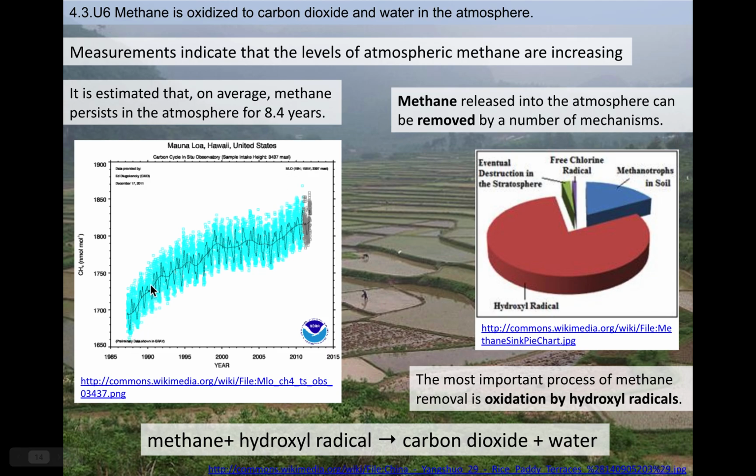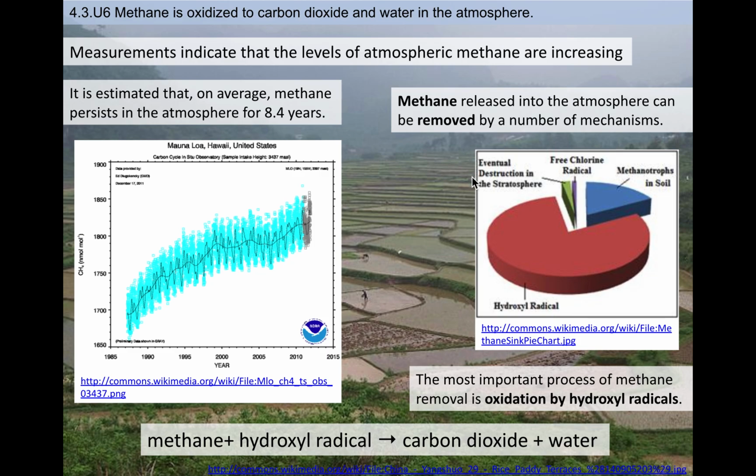And so you can see here, this is some data from the Mauna Loa, Hawaii station in the Hawaiian Islands. They collect data about different chemicals in our atmosphere. So this is for methane. And you can see here there's been a steady trend of it increasing over time. It starts here around 1987. But it's nice that it doesn't stay for so long, because usually methane readily reacts with hydroxyl radicals,